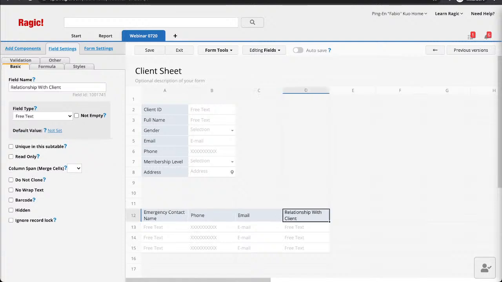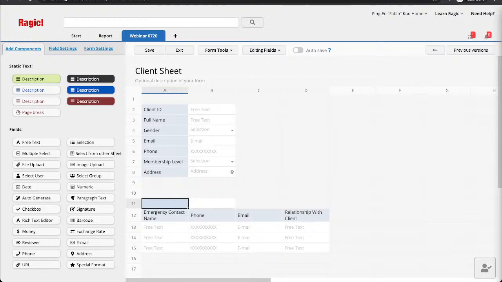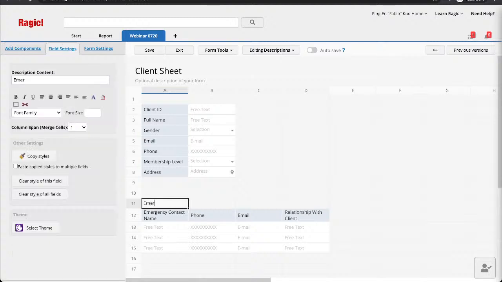Now another type of field will be called description fields or field descriptions. What is that? So for example, if I would like to add a title on top of these two field groups, I need to click on description, and I'm going to write maybe emergency contact information.